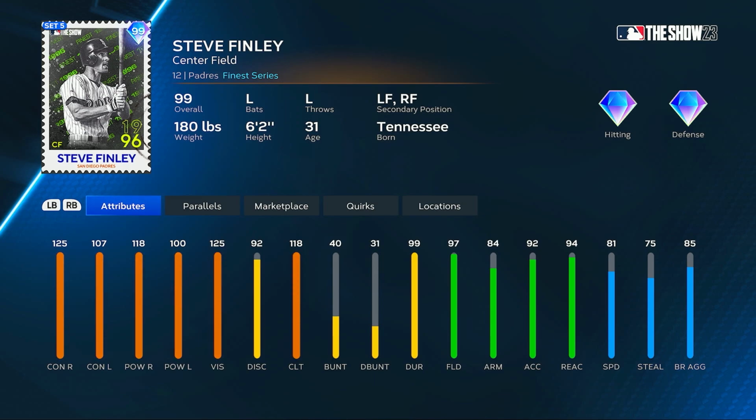Maybe the final card besides a finest cover athlete at some point for MLB 24. But as of right now, the final card for MLB The Show 23, 99 overall legend retro finest Steve Finley, maxed out contact versus right-handed pitching, 107 contact versus lefties, and then we see 118 for his clutch, 118 for his power as well versus righties, 100 still versus lefties, max vision, 92 discipline, 99 durability, 97 fielding, 94 reaction,